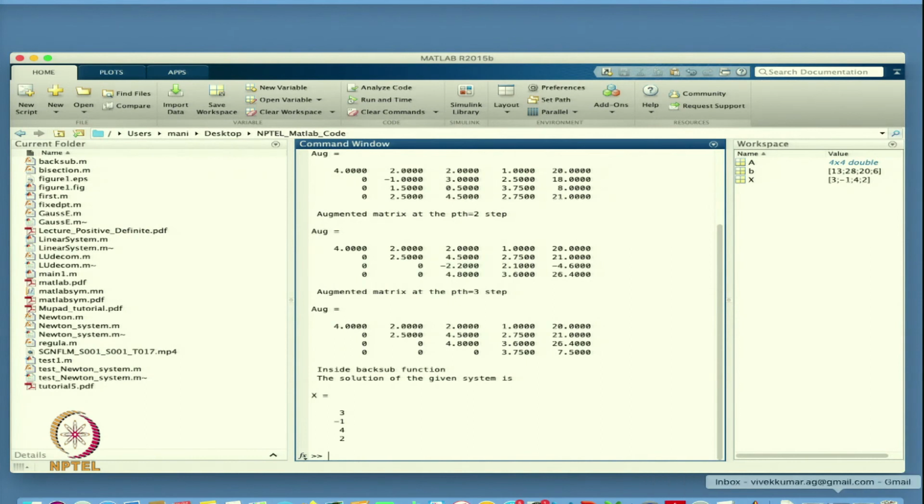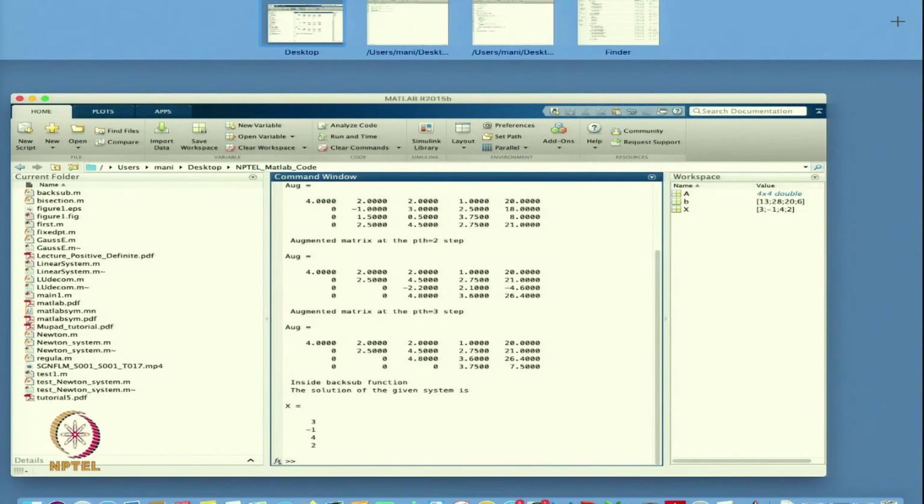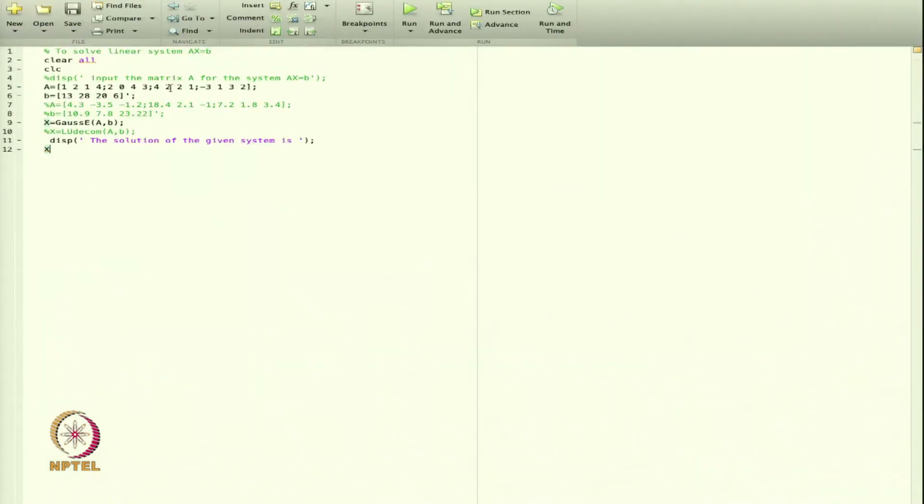Now, maybe I can change the system and go with a new system. This is the matrix. I can just comment this one out and take another matrix, this one. The previous matrix had all the values as integers, but what will happen if I take floating point numbers or real numbers?